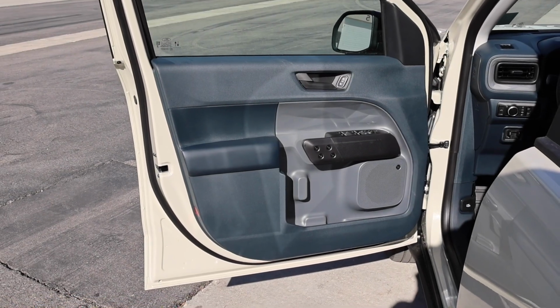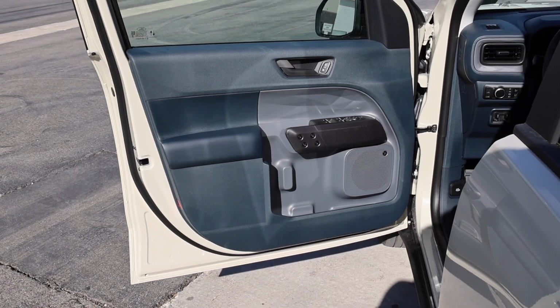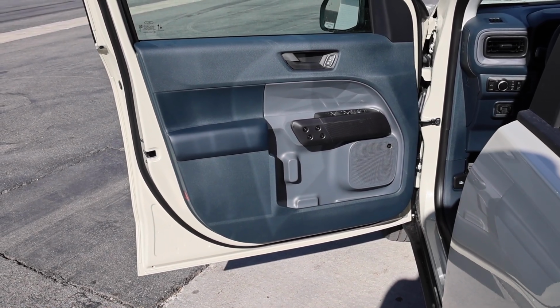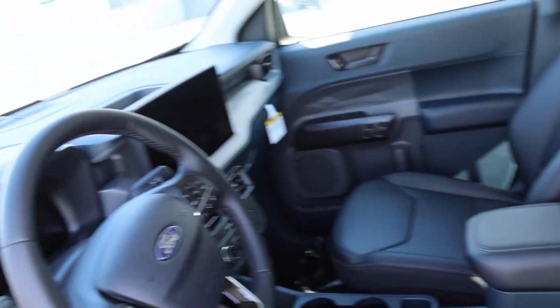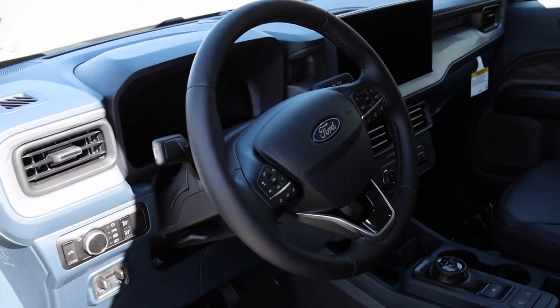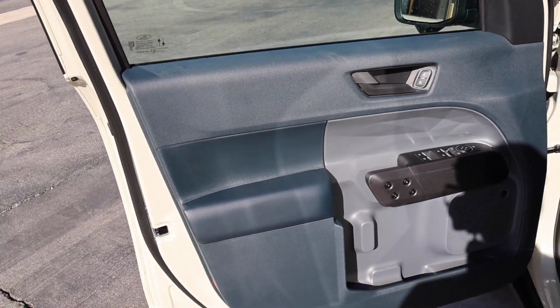Now, most of you guys saw on the window sticker, this interior was black, right? I can be colorblind sometimes. That looks blue to me. Looks like a gray accent right there. Now, when you look at the seats, those are black. Steering wheel is black. Carpet is black, but like I said, all the paneling is this dark blue color, which